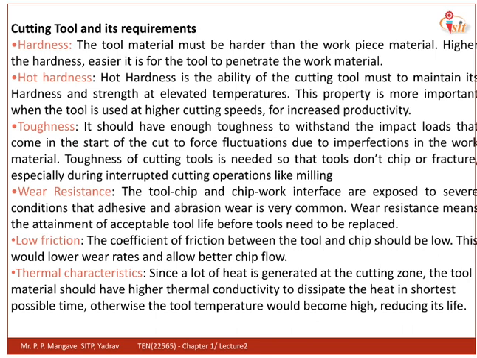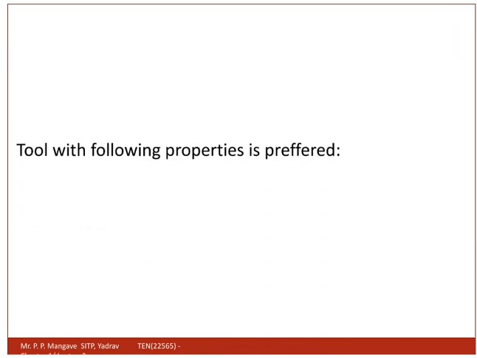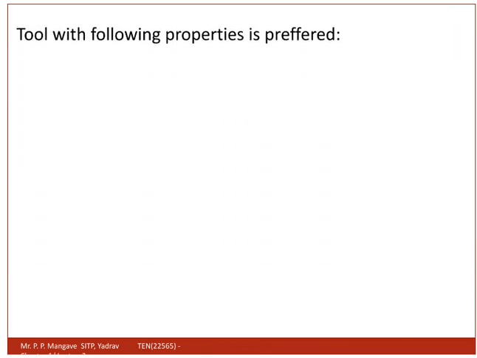Thus, if the material has low heat conductivity, it will not conduct the heat from the cutting zone through the tool to the environment. But if it has high thermal conducting properties, it will easily dissipate the heat, and it will help machining easiness. From the different properties, the best properties preferred are more hardness than the workpiece, that is the desired property.